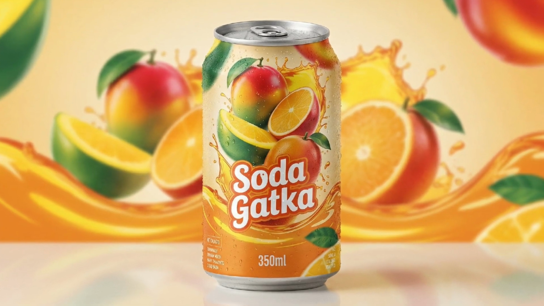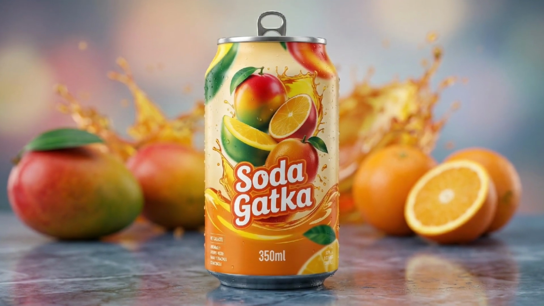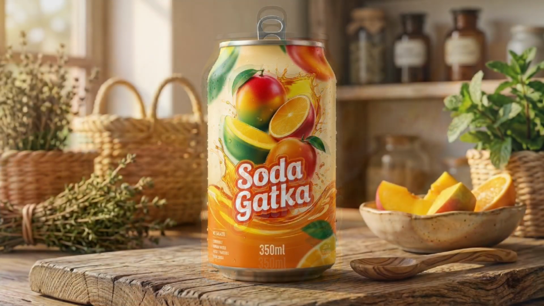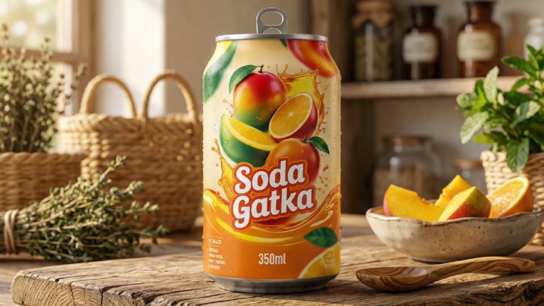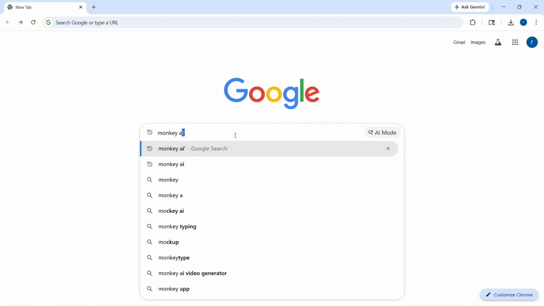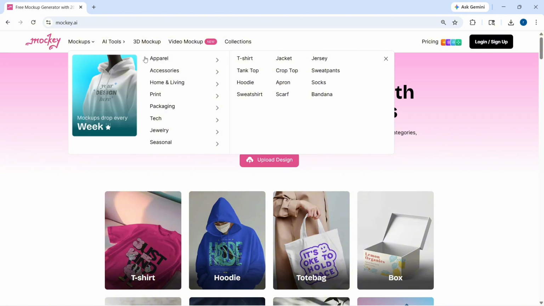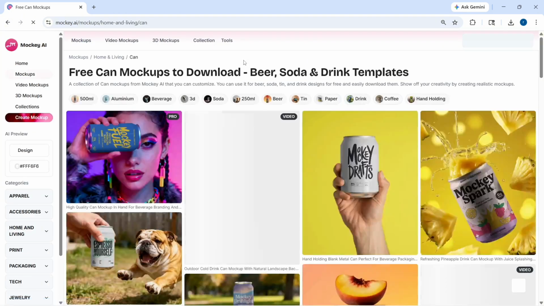Creating a juice can product packaging mockup is now fast and easy using AI, allowing anyone to design realistic product visuals without advanced software. Begin by opening your browser and searching for Mocky AI, then open the website and navigate to the mockup section. From there, go to the Home and Living category and select the can option, where you'll